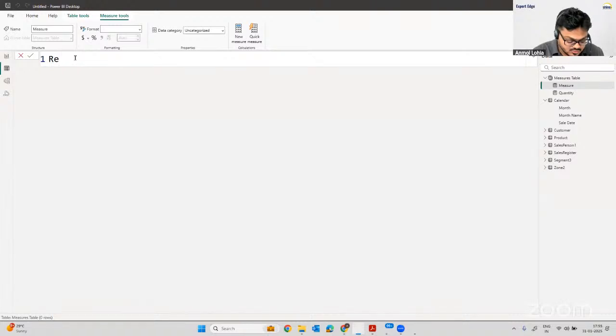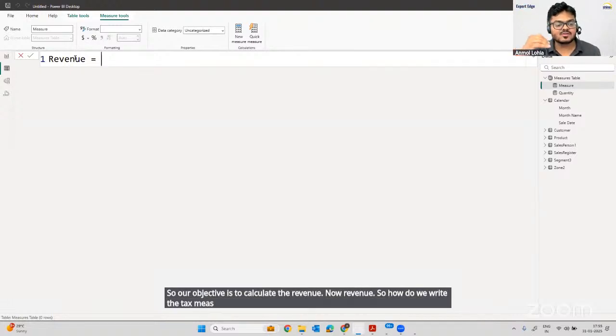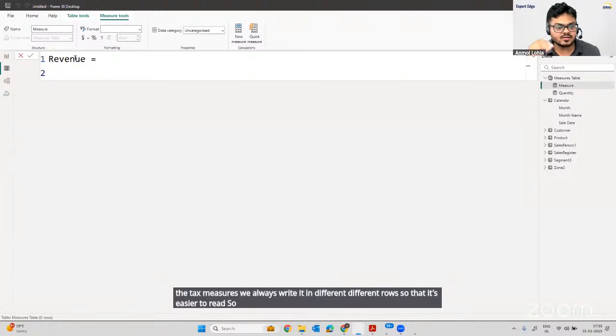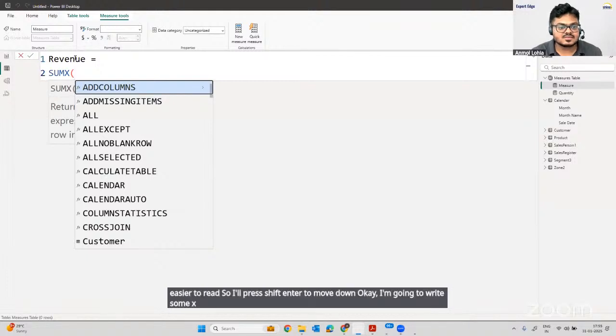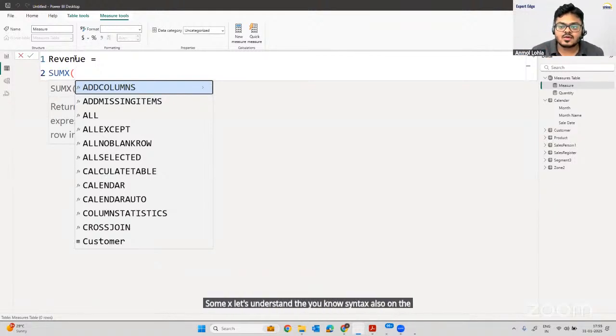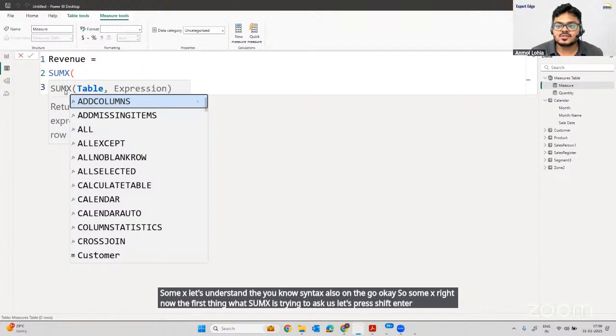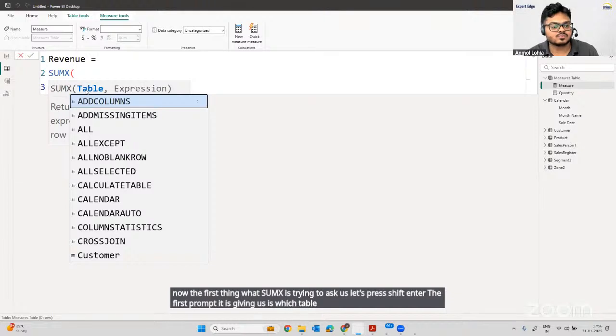So our objective is to calculate the revenue. Okay. Now revenue. So how do we write the DAX measures? We always write it in different rows so that it's easier to read. So I'll press shift enter to move down. Okay. I'm going to write SUMX. Let's understand the syntax also on the go. Okay. So SUMX, right? Now the first thing SUMX is trying to ask us. Let's press shift enter. The first prompt it is giving us is which table do you want to first refer to? Okay. So